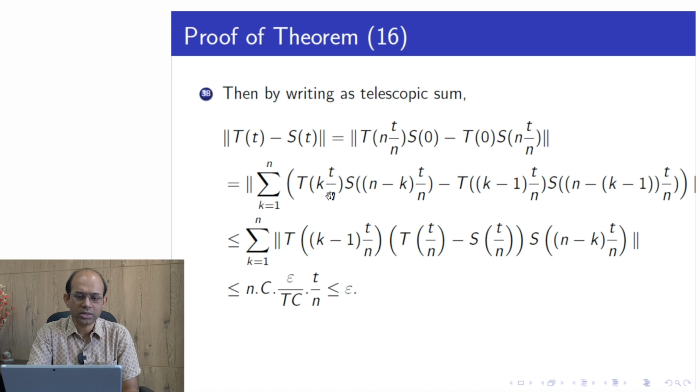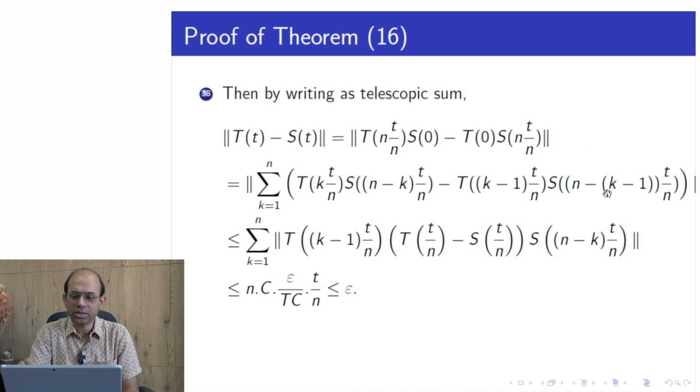So what remains without k is only T of t by n, so I'm writing here capital T of t by n. And from the right-hand side I have Sn minus kt by n. Here I have Sn minus k plus 1, correct? Sn minus k plus 1 t by n. So if I take this common, Sn minus k times t by n, then I can write down capital T of t by n here.